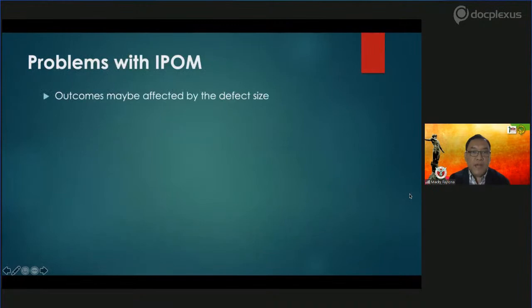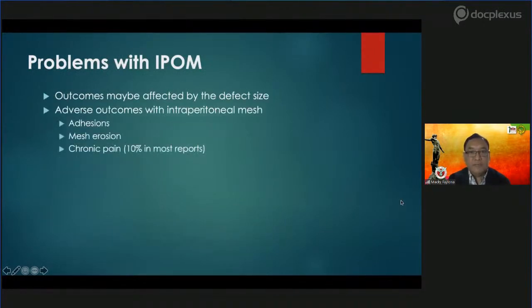So, problems with the IPOM: the outcomes are, of course, affected by the size of the defect. There might be adverse outcomes due to the placement of an intraperitoneal mesh, and this is actually the argument of the surgeons who want to put the mesh in the sublay space. The adverse outcomes are adhesions. The mesh can erode into the bowel, the bladder, or whatever it's adjacent to,